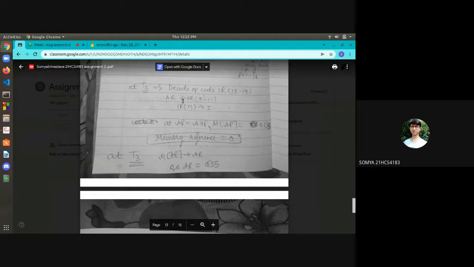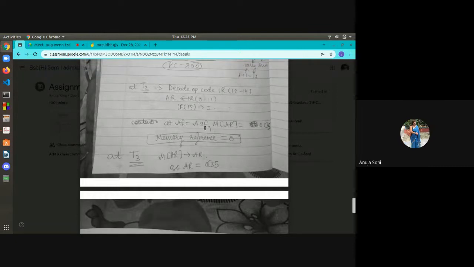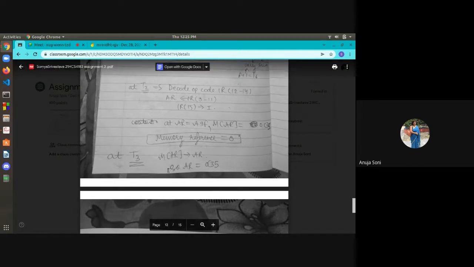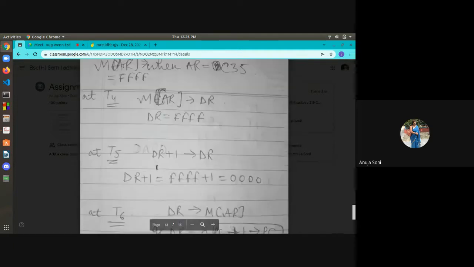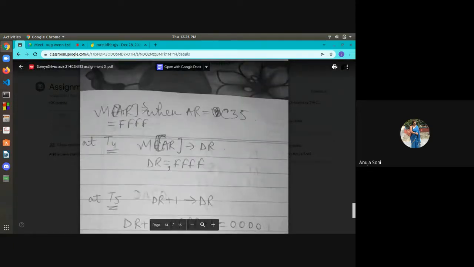0 to 11 bits are transferred to AR here. हाँ AR में गए ना, तो A9F, so AR becomes A9F. और A9F में फर्दर जो एड्रेस मिल रहा है वो फिर फाइनल इफेक्टिव एड्रेस होगा जो AR में जाएगा. 0335 ये हो गया ना, 0335 आई थिंक. फिर उसके लोकेशन पे जो डेटा स्टोर होगा वो DR में जाएगा. जैसे इनडायरेक्ट आपकी एड्रेस काम करती है उसी वे में आप उसे इंटरप्रेट करेंगे.